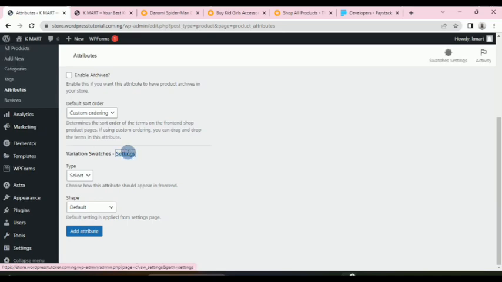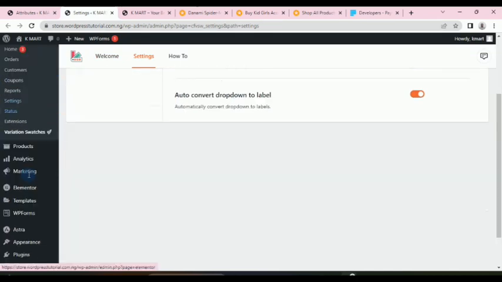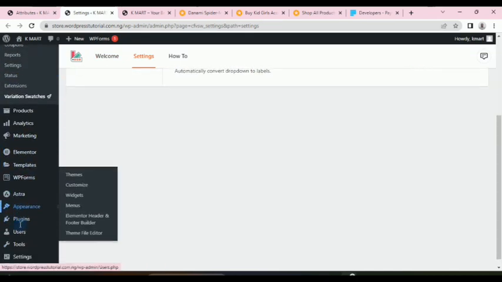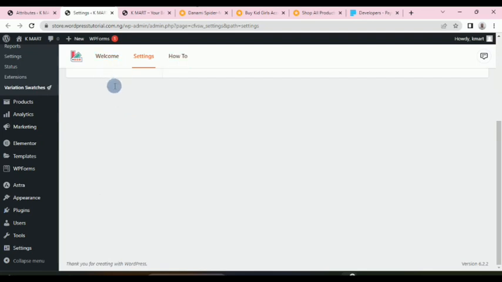Let me just show you how to do that. If you go to the settings of variation swatches, which is as good as just going to your plugins, go to plugins here, then all plugins installed, you see variation swatches, you see the settings. So under settings here,